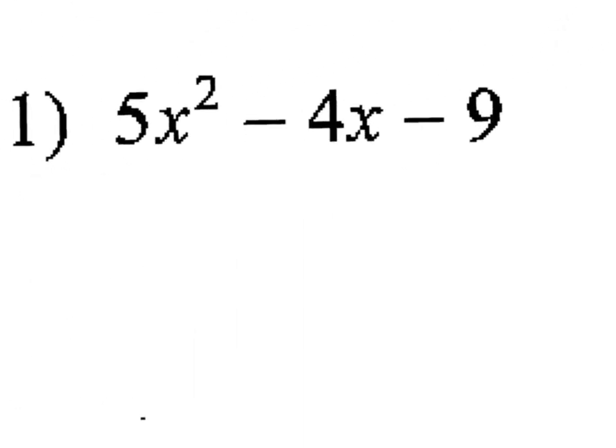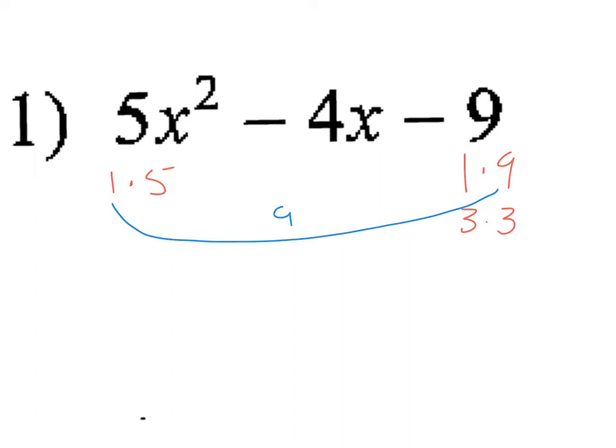our last term. So I've got 1 times 5, and then I've got 1 times 9, and 3 times 3. Okay, so again, I'm going to be working on the outside-inside combo here, FOIL, to try to get to that middle term of -4. So I'm going to take the 1 times the 9 and get 9, and the 5 times the 1 and get 5. Okay, now remember, we do need to pay attention to signs, so this would be a positive, negative. All right, and then